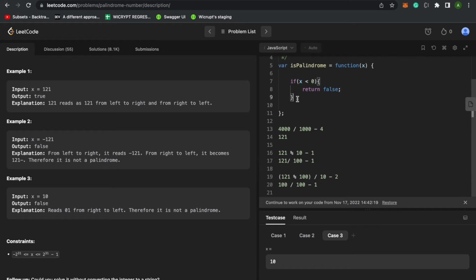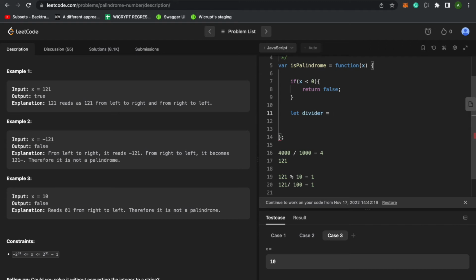Then the next line of business is for us to find the divisor, because just imagine if we have 121, our divisor is 100. When we have 4,000, our divisor is 1,000. When we have 10,000, it keeps increasing by the thousands, right? Generally. So you want to have a divisor that actually works, right? So to be able to get that divisor value,